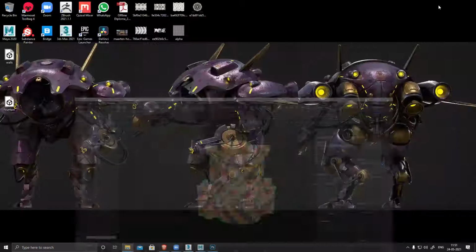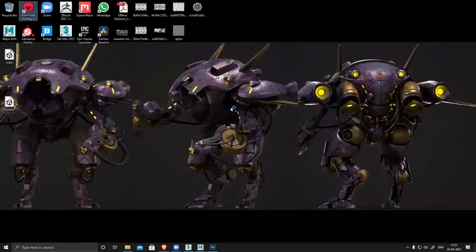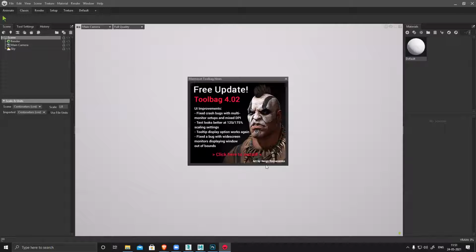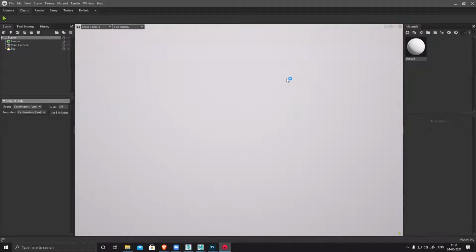Doesn't matter. So Marmoset, I'll open this and I'll install XNormal also. I'll show you how to do it in XNormal because 99% of the companies have XNormal. Marmoset is a paid software, so there will be some companies that don't have Marmoset. But Substance, most companies will have Substance. So I'll show it in all three. Whatever is available to you, you can use it and generate it.